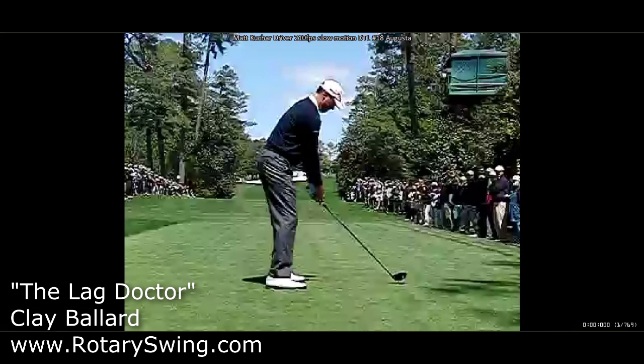Clay Ballard, and this week's PGA Tour winner is Matt Kuchar. Matt Kuchar has a bit of an unorthodox swing, actually one of the only one-plane swings on tour. I'm going to go over some of the advantages and disadvantages of a one-plane swing, talk about how they differ